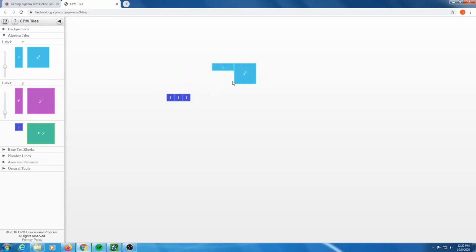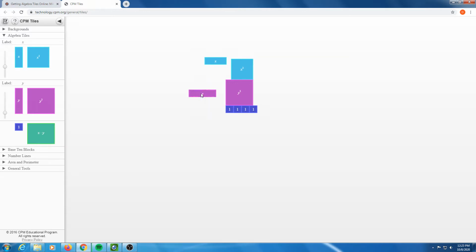So that takes care of the unit tiles, which are these ones, the X tiles, which are these rectangles, and the X squared tiles, which are these bigger squares. Now in addition to that, you have some other tiles. So you have a Y squared tile, and again, that's not the same size as the X squared tile on purpose. It's also not a set number of units, and again, that's also on purpose because we want that length to be kind of ambiguous so that we can treat it like a variable. But the Y tile is the same